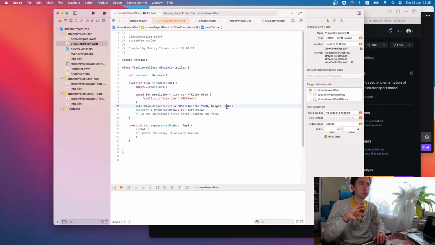All these constants should be parameterized from outside. It's a lot of things to improve, as I said.